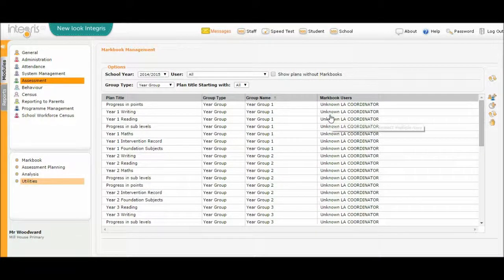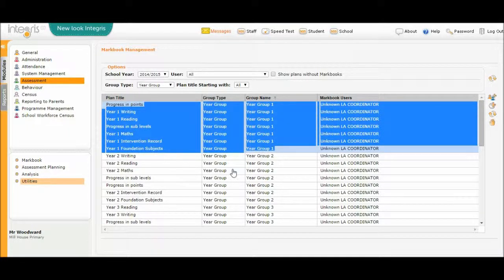So what we want to do is add a user to all of the markbooks and to see all of the pupils in Year 1. We do that very simply by selecting the markbooks that we want. Click on the first one, we'll highlight it in blue. As with before, hold down the Shift key and go to the bottom of the group that you want, which is all of these Year 1 markbooks, and then go over here to Add Markbook Users,